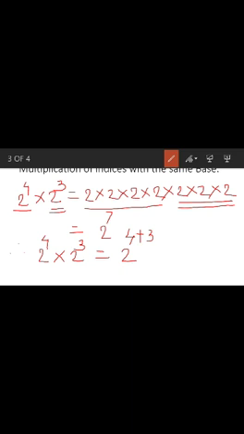What do we need to do? If the bases are the same and there is a multiplication of indices, the indices should be added. That is 2 raised to 7. When the bases are the same, and there is a multiplication, what do we need to do with the indices? We need to add the indices, that is 2 raised to 7.